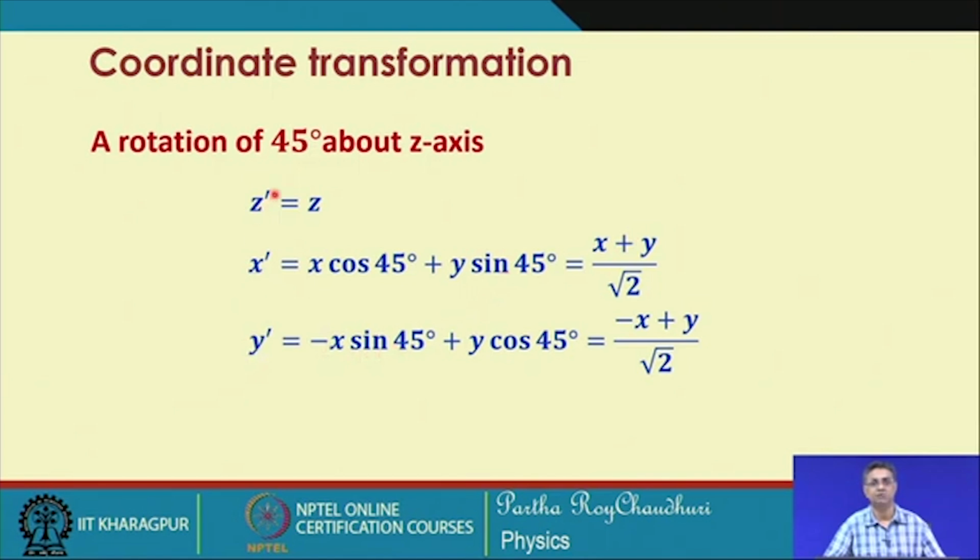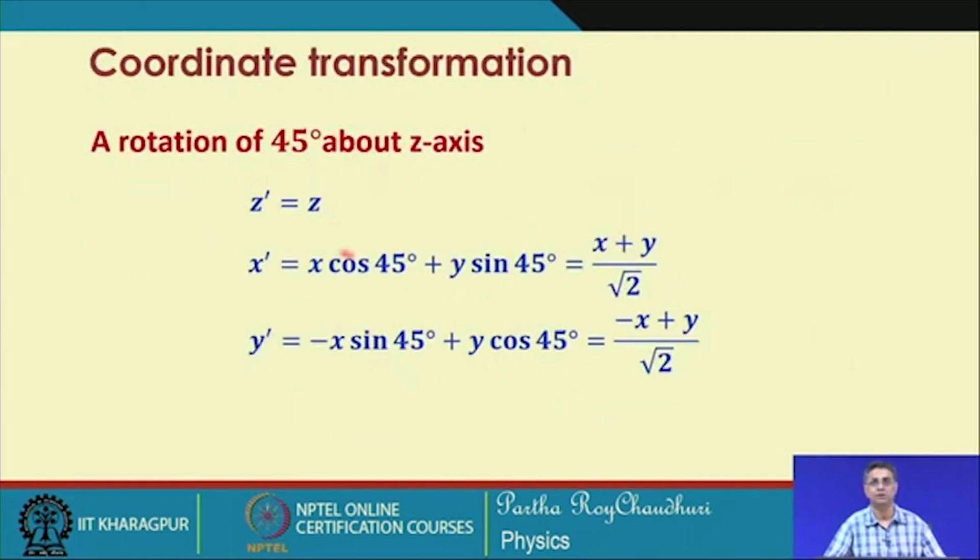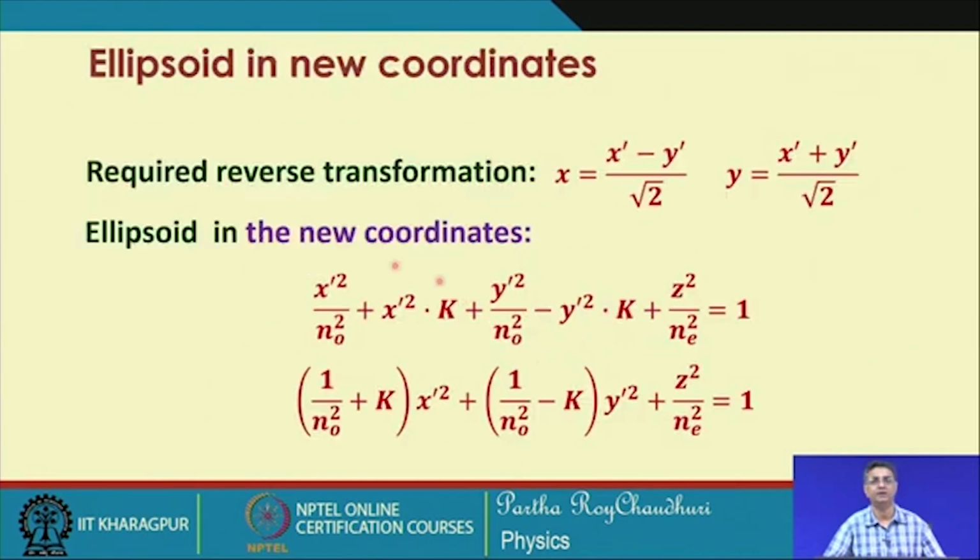So, this is the transformed coordinate x dash, y dash and z dash, but we need the reverse transformation. So, knowing this, from these two equations, x dash equals x plus y, y dash equals minus x plus y, and z equals z dash, we can actually write the reverse transformation in this form. So, the ellipsoid in the new coordinate system will look like this,